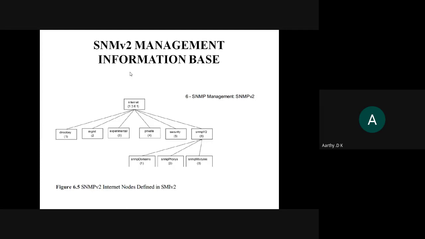In SNMP proxy, what is the use of SNMP proxy? As I told you, SNMP works with UDP. Suppose the component does not work with UDP, then you will have to make changes such that it works with the UDP protocol. So how to do that? It is done automatically in SNMP by using the SNMP proxy. So this SNMP proxy will convert your component which is not capable of working with UDP into something that is like a compiler.